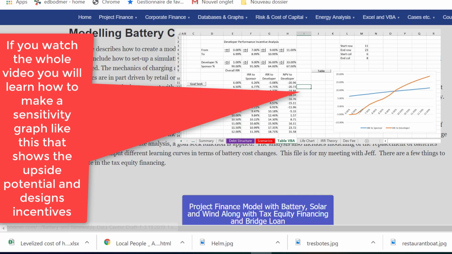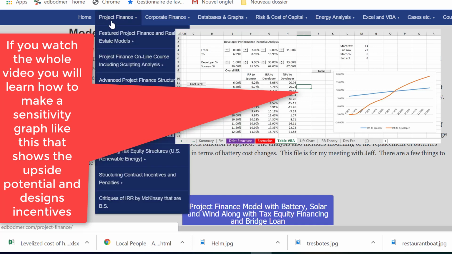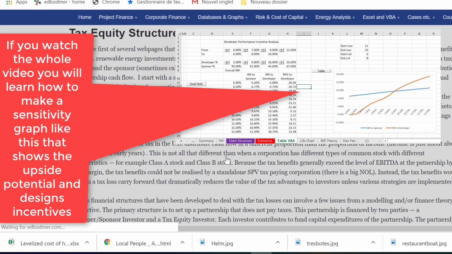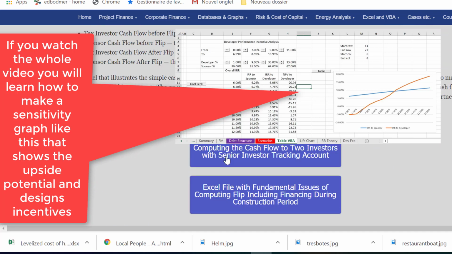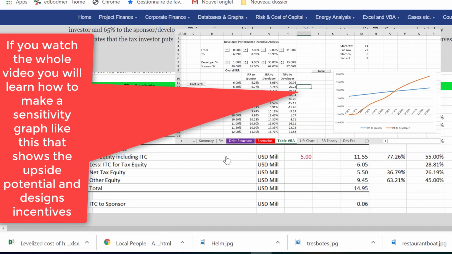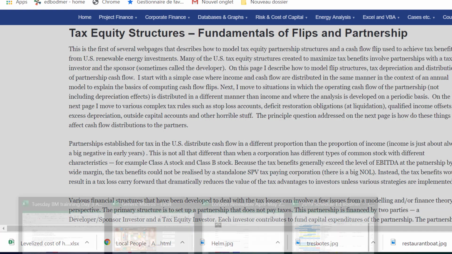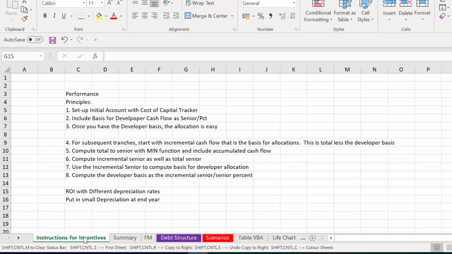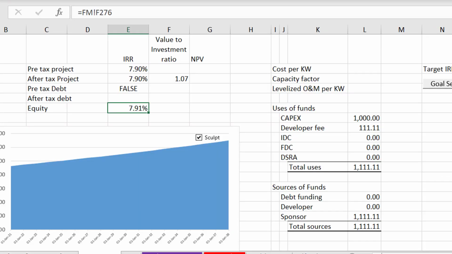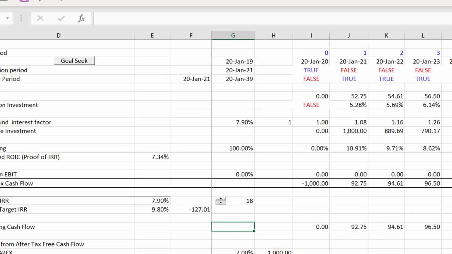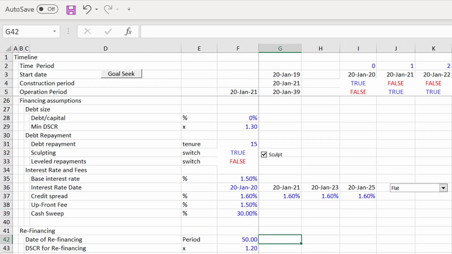Now, there are going to be three sections of this. And then I have a little discussion of the whole thing, okay, and how it works. Now, that's not unique, not at all unique to U.S. tax equity, because what happens is I'm going to use a little financial model that we made. And in this financial model,